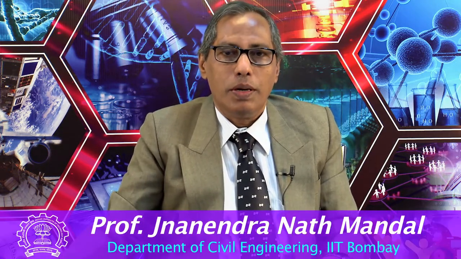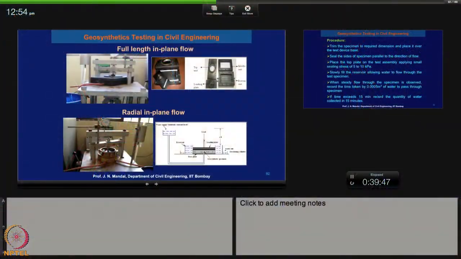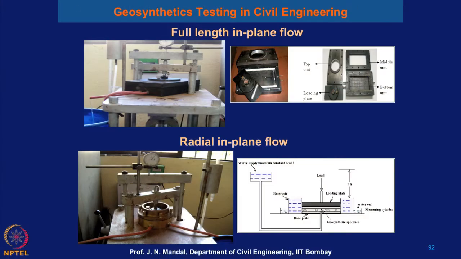So, next we will show you the equipment in which we determine the transmittivity. This equipment is the full length in-plane flow. Now we will show you the equipment with which you can determine the transmittivity of the geosynthetic material. So, this is your full length in-plane flow,